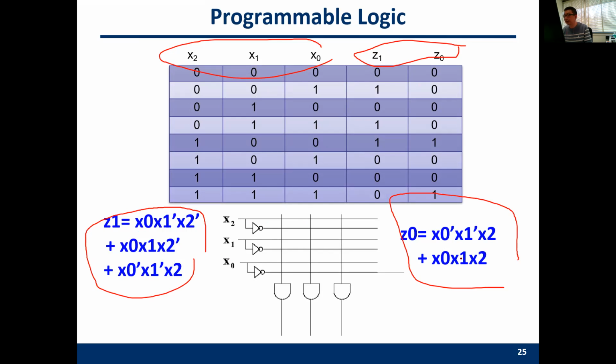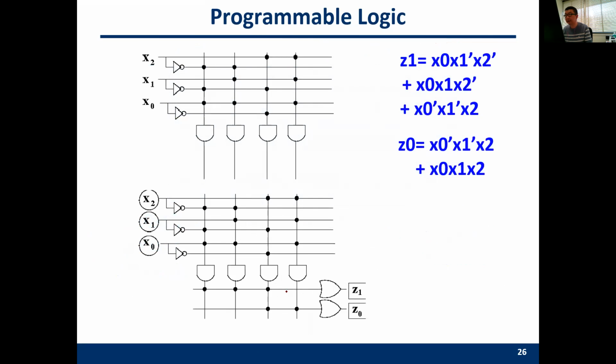When we have these canonical forms, we can implement Z1 and Z0 by this piece of circuit. So this is the implementation. For the rows here, we need to implement these minterms. For example,